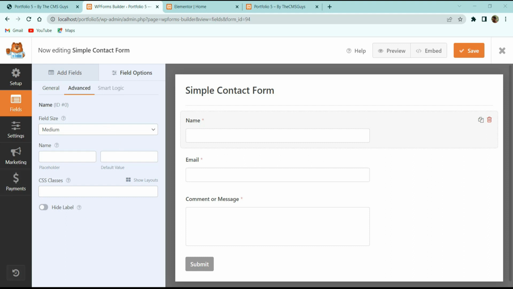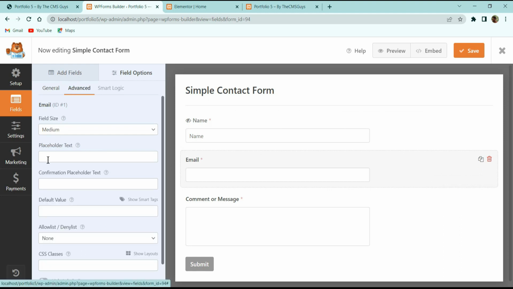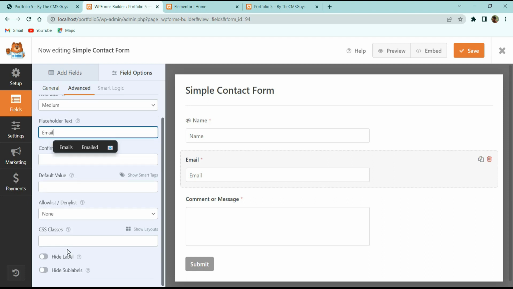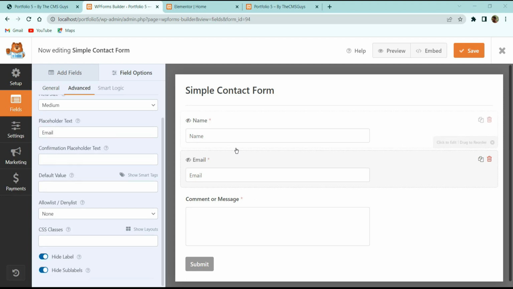So what size you want to give, you can set it over here. And then placeholder, for this again I want to give it a placeholder name, and then here I just want to hide the label, so the label will not display over here. In the same way for email, I just want to go to this email placeholder text, I will set it as email, and then I will hide the label and sub label to it, and now my label and sub label